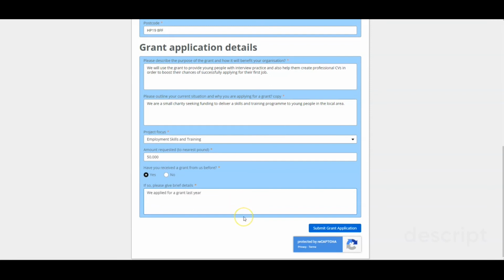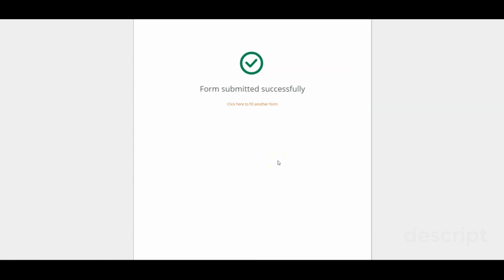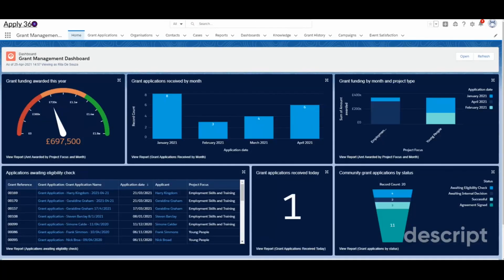These forms can be completely tailored to your needs, and they can have a lot of logic built into them, so you can hide and display fields depending on how people have answered questions. They can also be set up so that you can ask people to upload documents, and those documents will be stored in Salesforce along with the rest of the grant application data. When she clicks Submit Grant Application, that data will now be saved directly into Salesforce. So if we now go back into Salesforce and click on the grant application